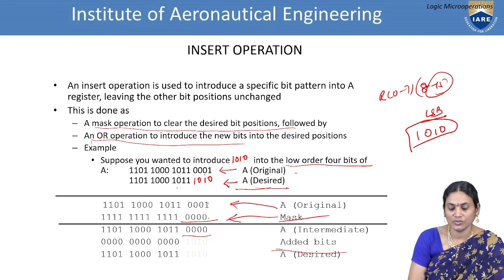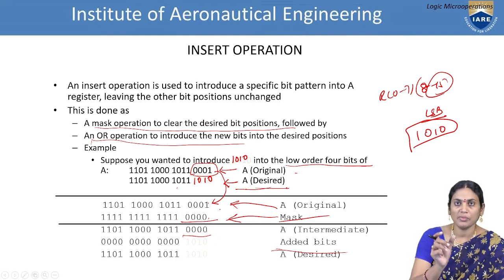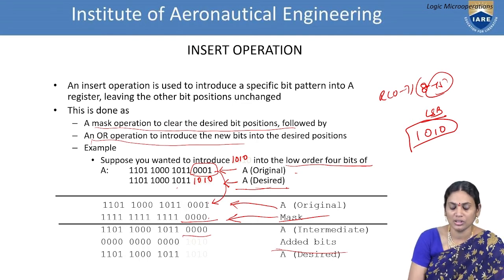Now to insert this new value, first I need to override this. For this reason I am performing the masking operation. In the masking operation, I fill with dummy values and perform the AND operation. If I perform the AND operation, it gives me all the values as 0. So it is possible for me to insert a new value if it is clear.